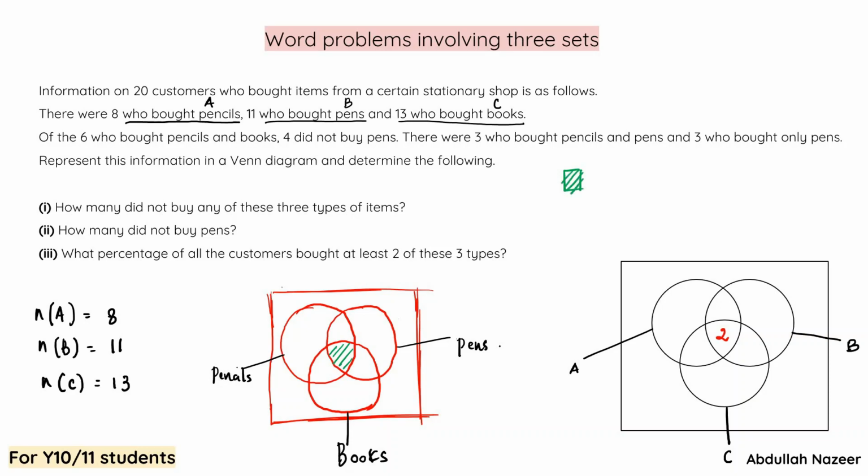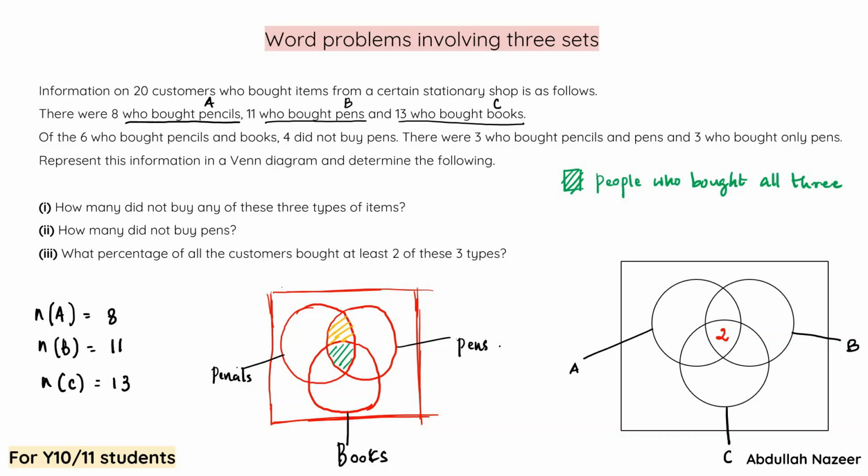Green shading is people who bought all 3. Okay. And now let's work our way out. Let's think about this region over here. This is the overlapping between pencil and pens, which means this region involves people who only bought pencils and pens